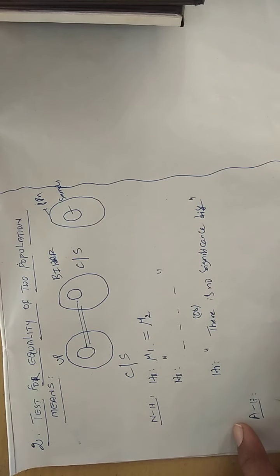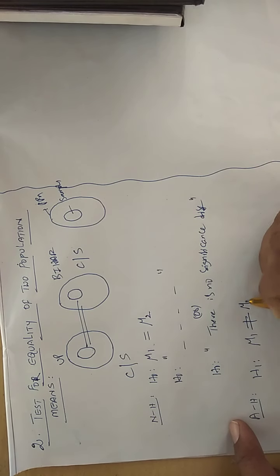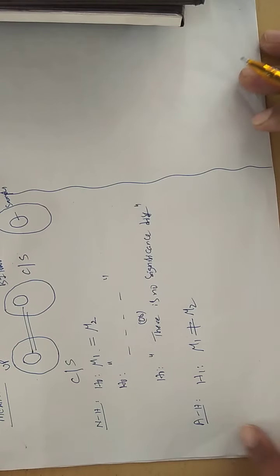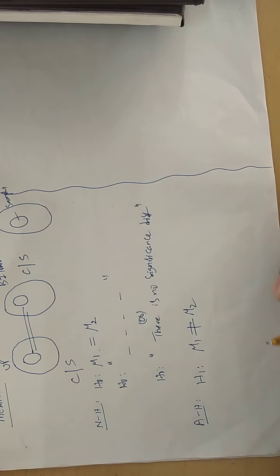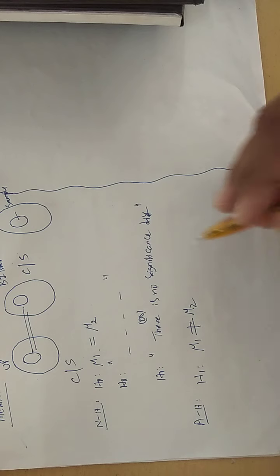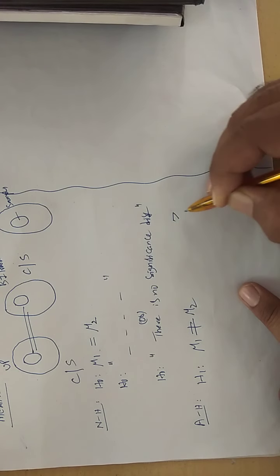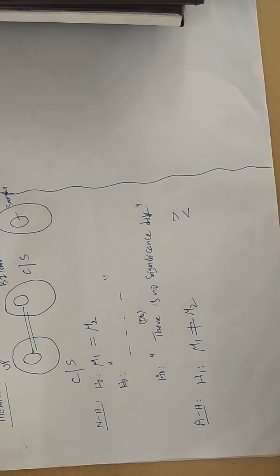So after framing the null hypothesis, the next very, very important thing is the alternative hypothesis. How do you write? H1: mu1 is not equal to mu2 directly. Because in the theory, we consider only not equal to. But while doing the problems, we may consider greater than or less than. This time we do a problem of this model. Less than, greater than type model also we cover.